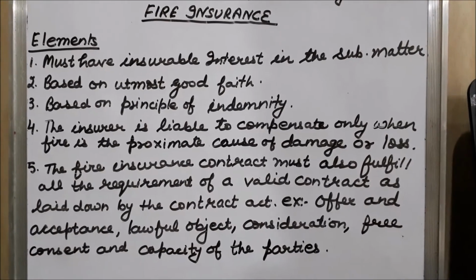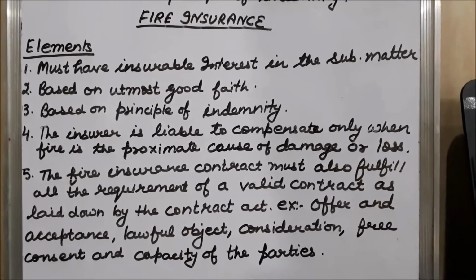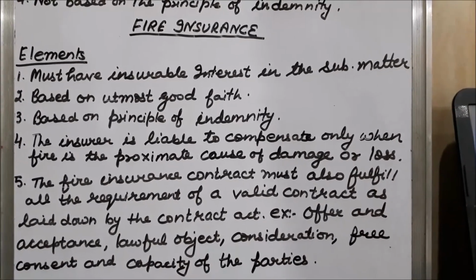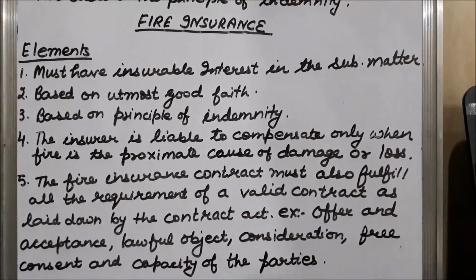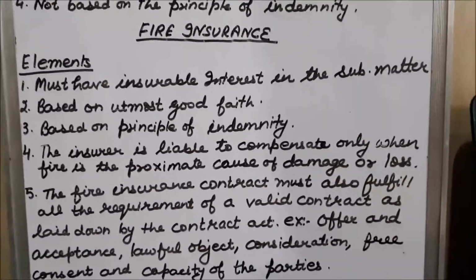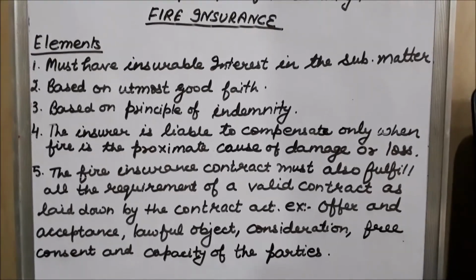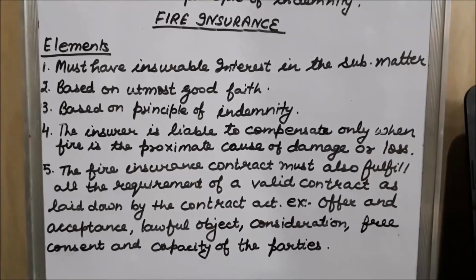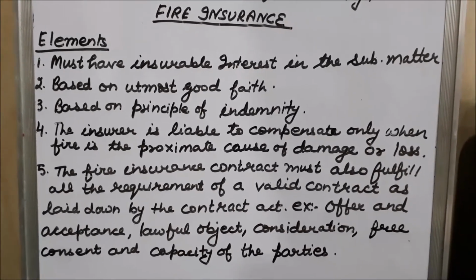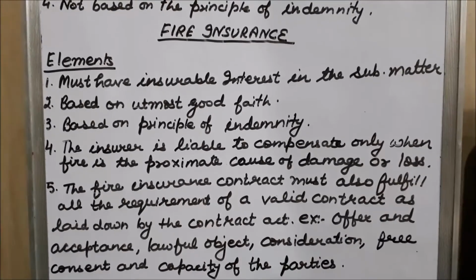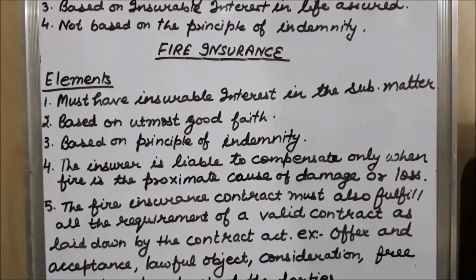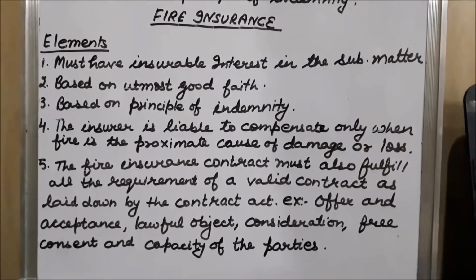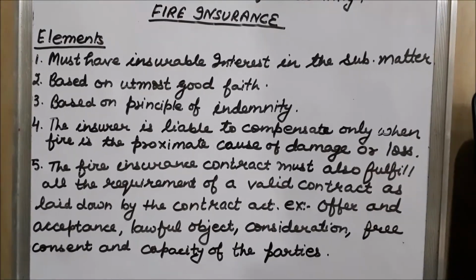So students, I discussed today two types of insurance, life insurance as well as fire insurance. Both have their importance. Life insurance is very important for life because life is uncertain, and to protect against the uncertainty of life as well as to provide financial support to the family members, life insurance is a must. Fire insurance is also necessary for the property which we are using. According to the nature of the property, fire insurance is very important.